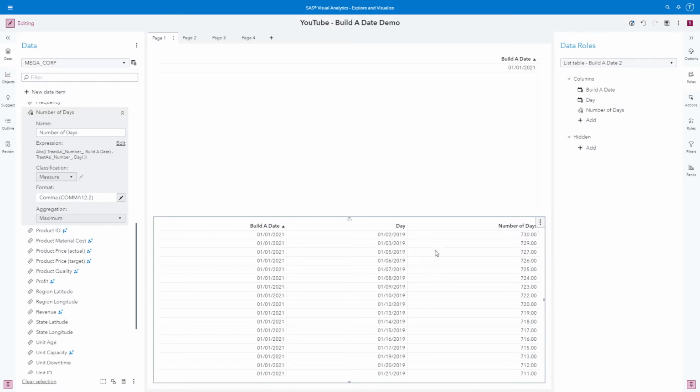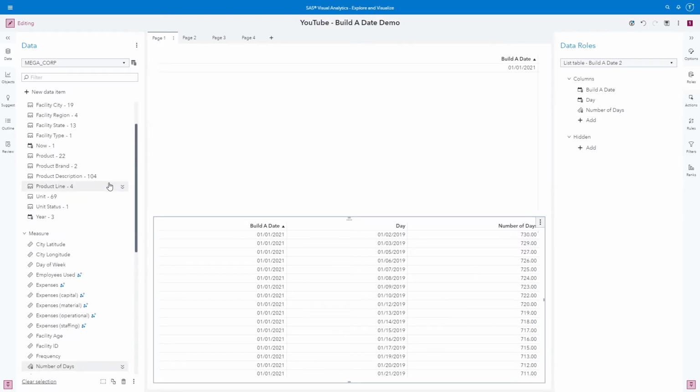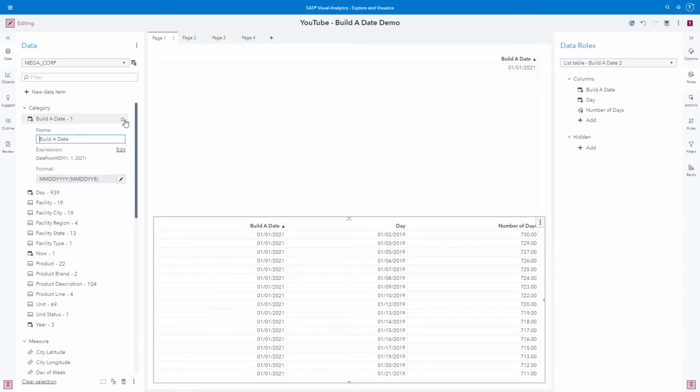What if we just wanted to apply a filter to this list table that starts at the current month and moves forward? So let's look at how we can build a dynamic date for a filter. To do that, we need to go ahead and build a filter for the current month. We've already looked at how to build a date using static values. Now we need to build a date for current month, where the month is dynamically pulling from today, or the point in time now, and the year point in time now. So let's go ahead and create a new data item.